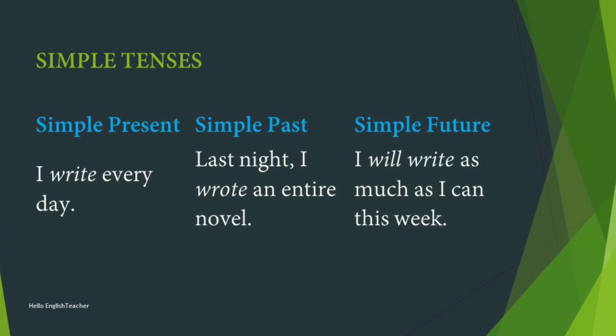So, the first one is the simple present tense. When do we use a simple present tense? We use the simple present tense to express an idea when an action is repeated or is usual. So, the action can be a habit or it can be a hobby or it can be some daily event or even a scheduled event or something that happens often. So, it can also be something a person often forgets or usually does not do.